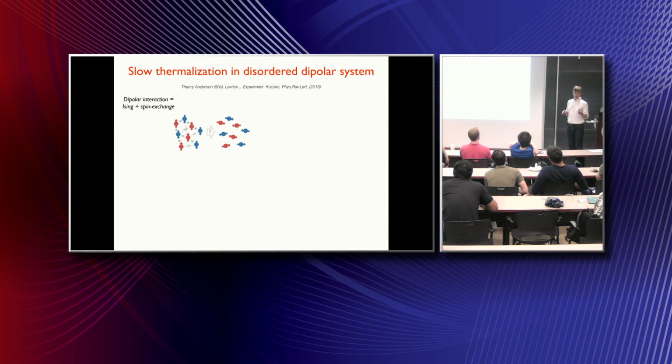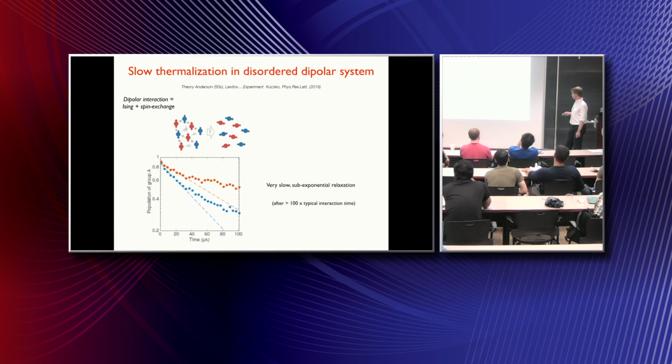The way we can do it is because in a diamond crystal, an NV center can be oriented along 4 different crystalline axes. And basically, it turns out we can address these groups individually. So we can, for example, prepare one group in a state up and another group in a state down. And what we can do then is look at how these groups interact with each other and how they relax.